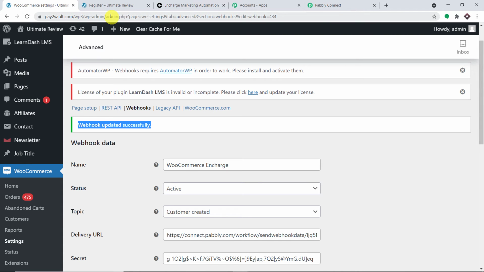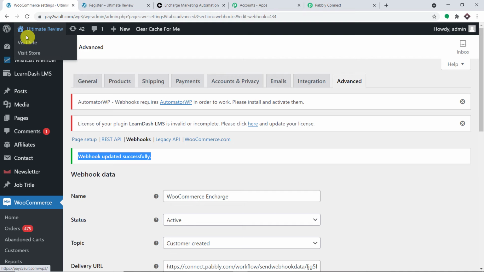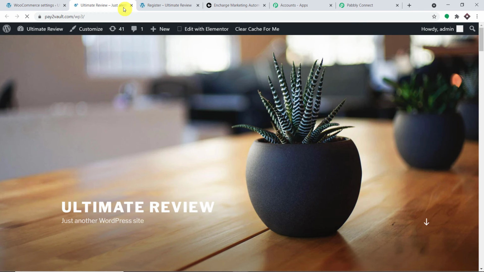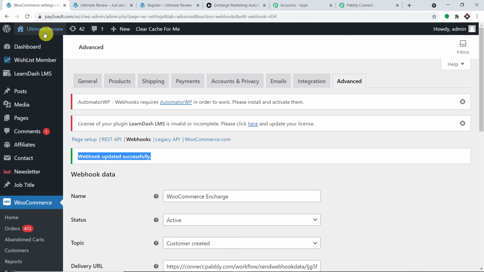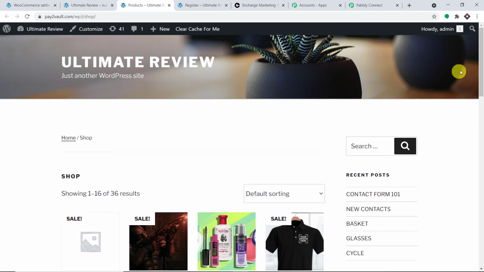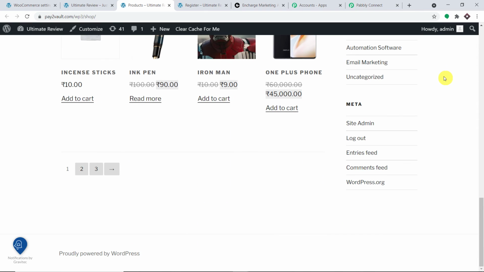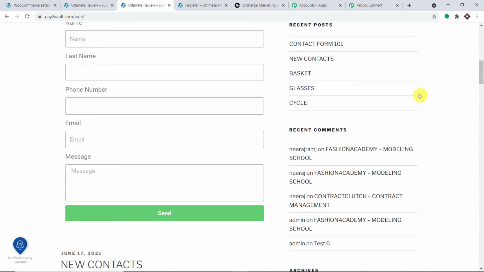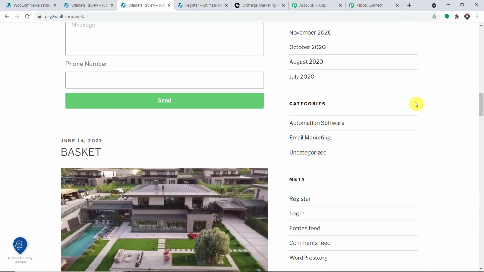So let me just go to WooCommerce. And what I'm going to do here is I'm just going to click on visit site. Okay, and I'm just going to log out of my current profile. I'm sorry, we actually have to go to visit store. Okay, and we are going to log out of our current profile. And then once again, we are going to make an entry as a new customer. So I'm just going to click on logout. Okay, and after that, we are just going to click on register.